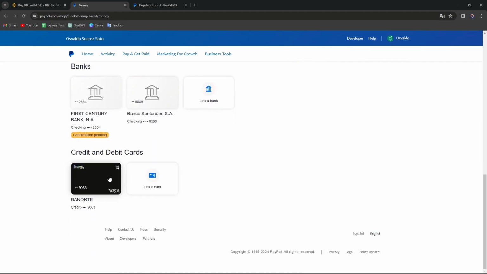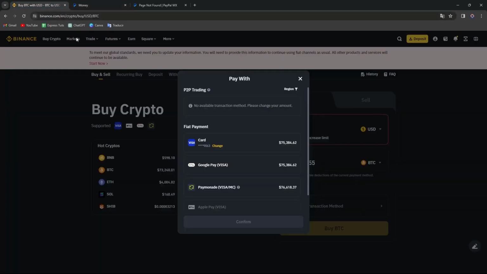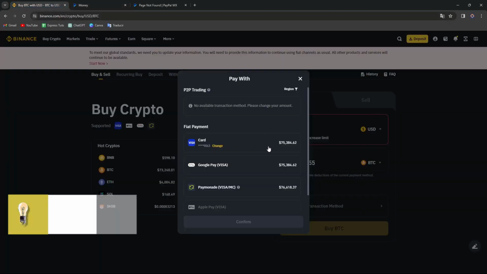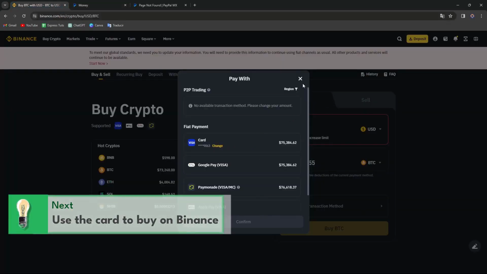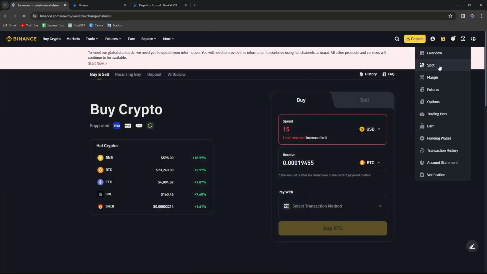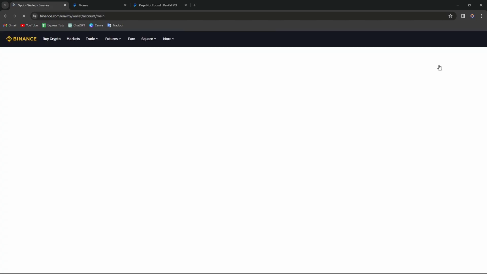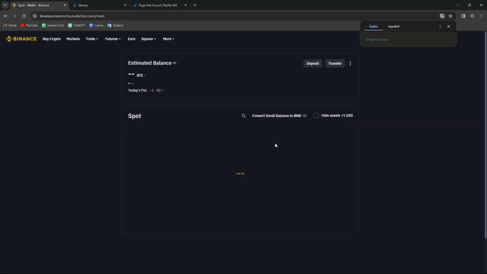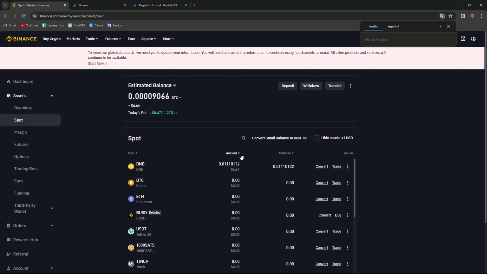So now that I have my credit or debit card, what I want to do is use this credit or debit card to go directly here into Binance, choose my account, and confirm my purchase. Later on, I can go directly into my spot wallet on Binance and make sure that my funds have now been completed and my cryptos are now available in my Binance account. So guys, that's how we can actually do the process to send money from PayPal directly into